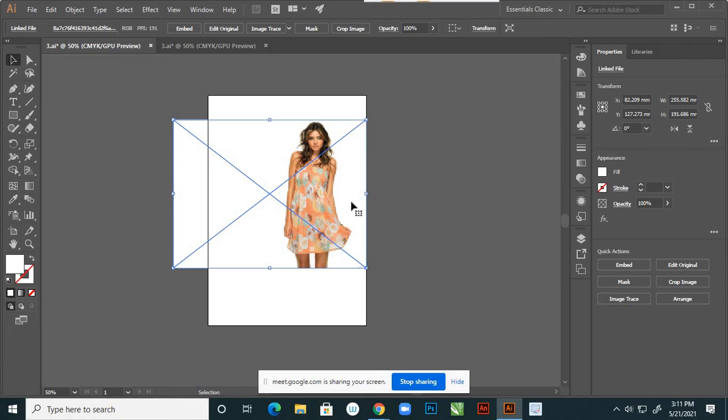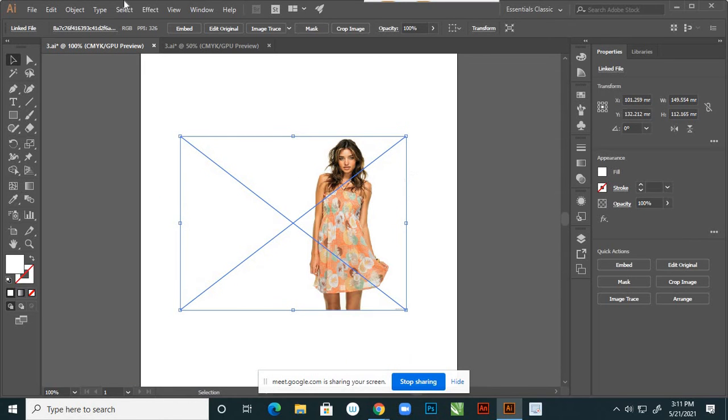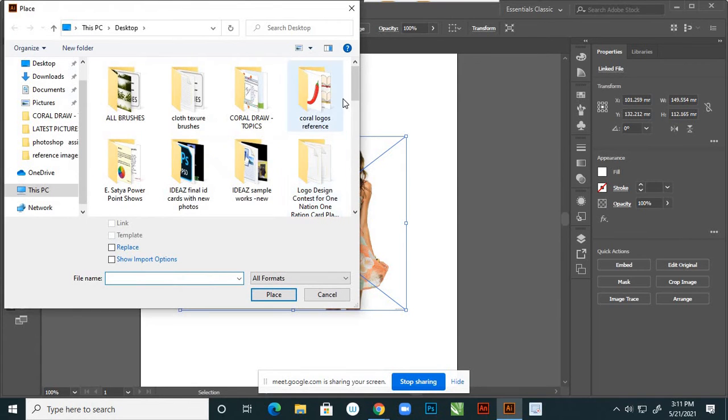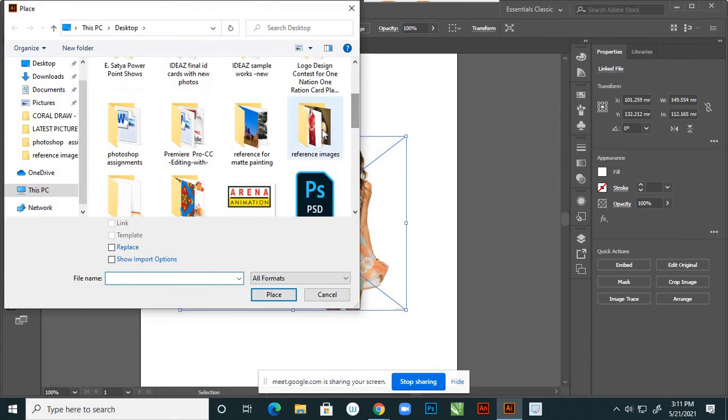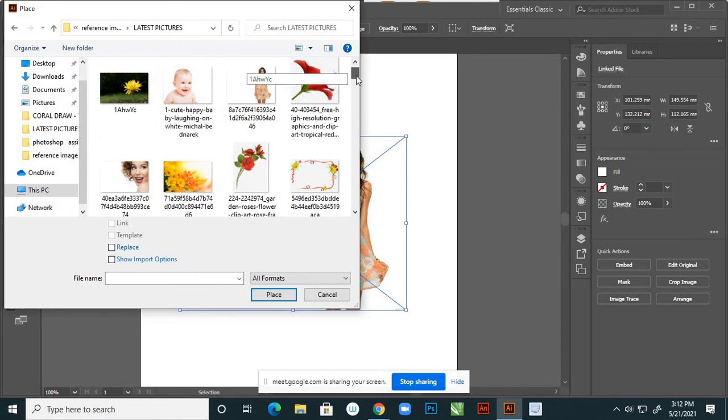Now, suppose this is my image and one more image I'm placing, reference images.